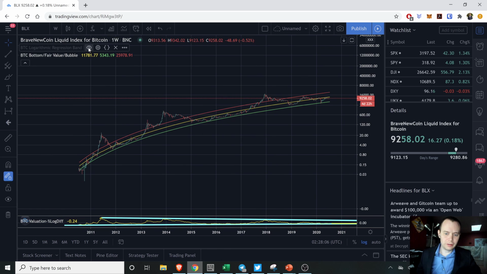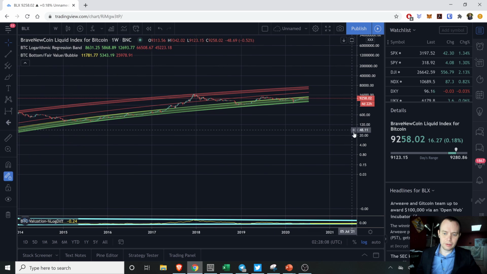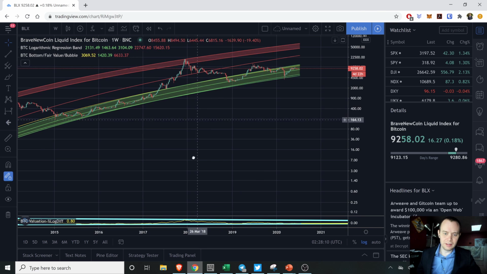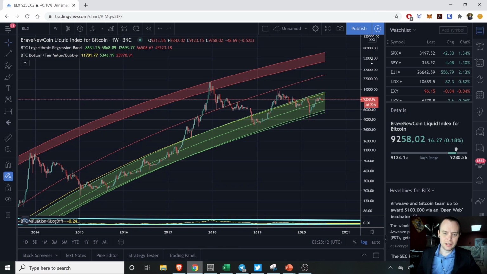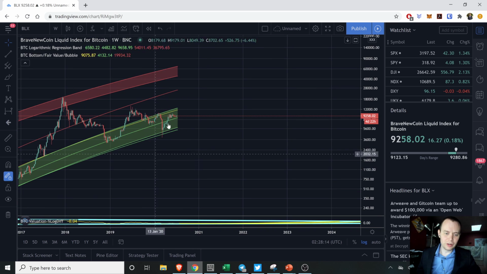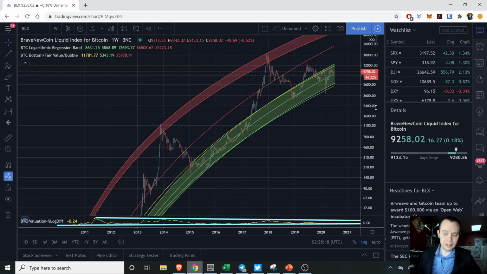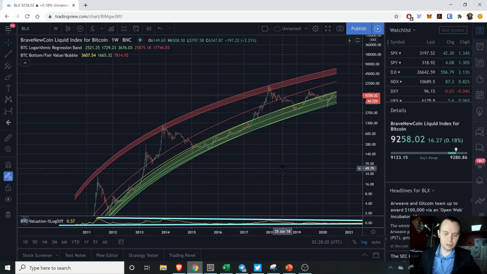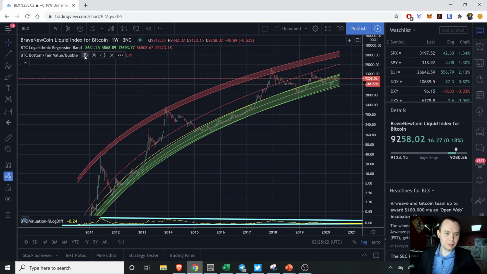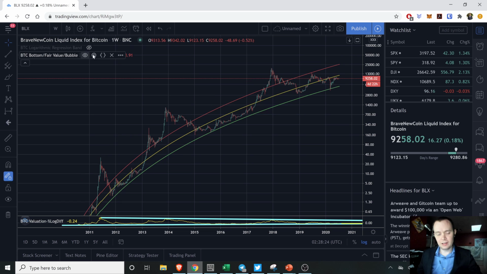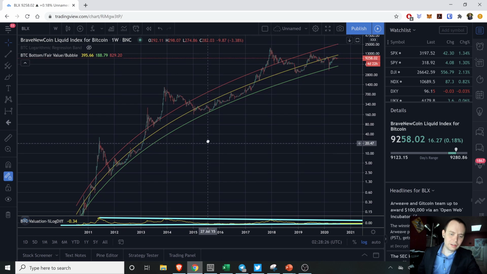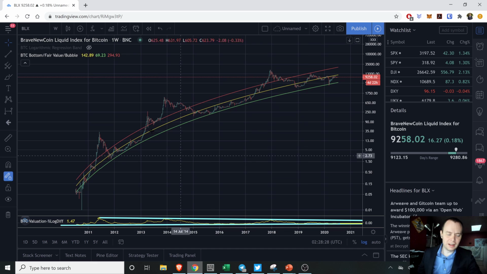Now, if you show the regression band on here, we've talked about how this is pretty indicative of trying to figure out when we're going to cross various levels. But I've talked about that in a different video. This is the primary regression band and the top. So what I want to talk about at the very tail end of the video is just get a general idea of how long it takes between these various time frames.